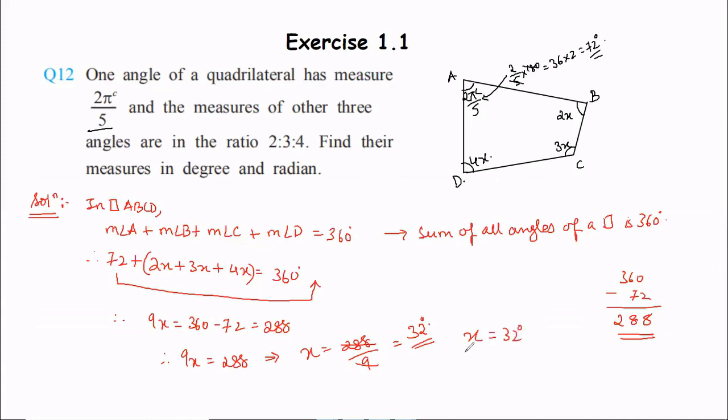We have still got some work. We need to convert and substitute all the values. Remember that the value of x is 32. That was the first step. In the next step, we will calculate the values of a, b, c, and d in terms of degrees as well as radians. That will be the final answer. So let's erase and go to the next step.